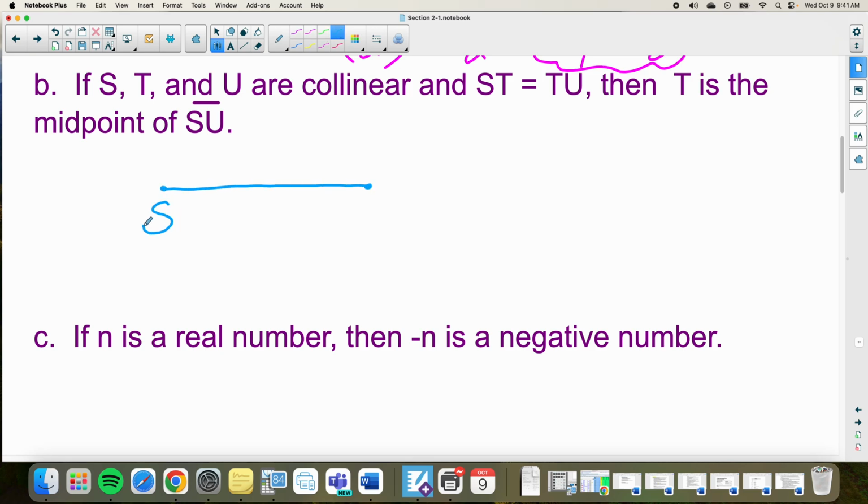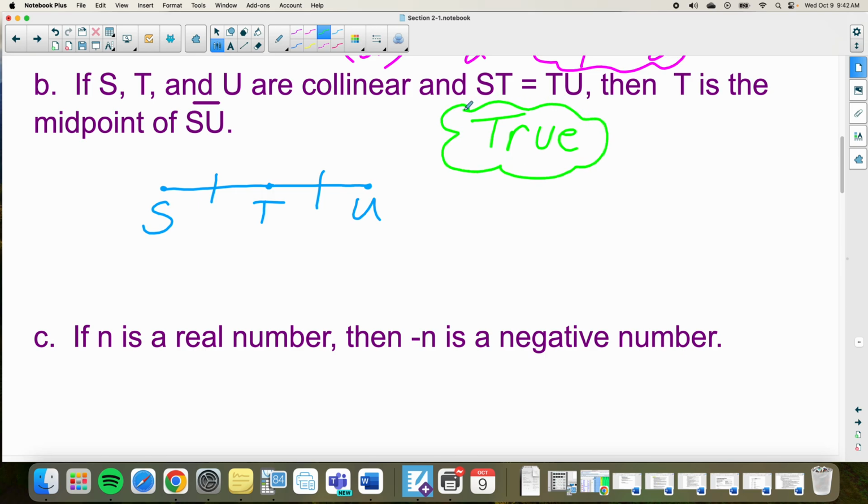So S, T, and U are collinear, and ST equals TU, okay? Is T the midpoint of SU then? Yes. Okay, in your assignment today, so this one we just write true and that's all we have to do, okay? In your assignment today, you're gonna have a question that's just like this, but the collinear part is out, and I believe the same question is on your quiz that'll come up